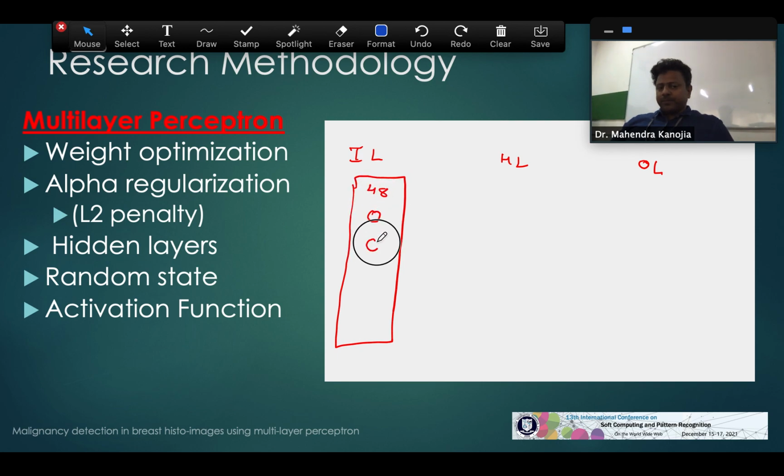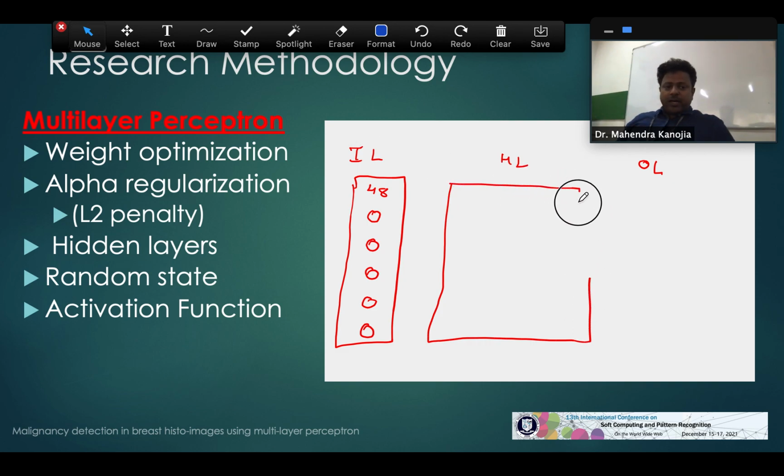These 48 units are further processed under the final model, which had 100 hidden layers. Various combinations of layers were tried, and finally we had 100 hidden layers.